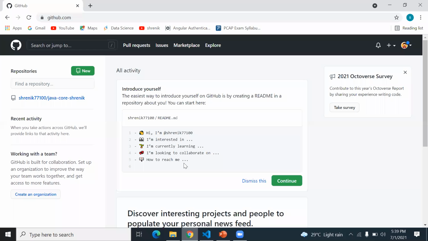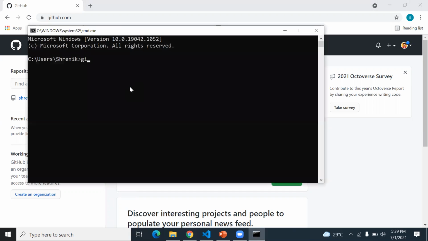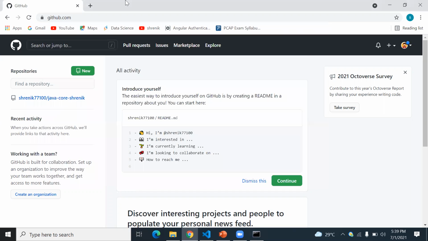There are some initial setups you first do on your system to use this Git repository. I will send you a link to the tool that you must install on your system, and only then can you use the Git command. In the command prompt, if you hit the command git version, it shows you the version which you are using. I will share that tool through email, and you can download and install it. Right now it's not available in your system, but install it later once I complete my session.